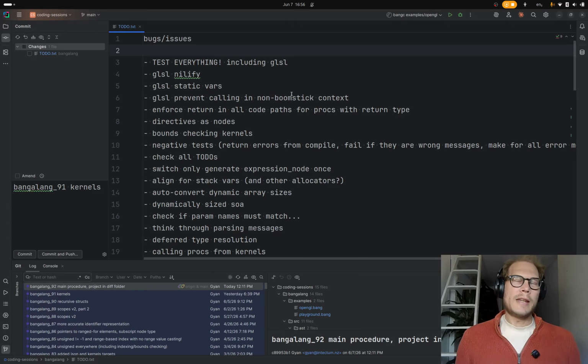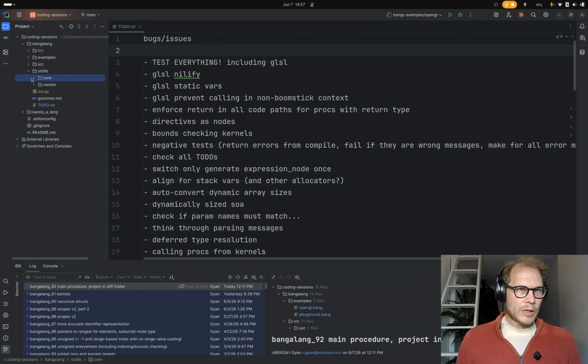So here my idea is that we will keep track of whether we've seen a return or not. If we get to the end of the procedure and we have not seen a return, and that needs to be a return for all code paths, if we have not seen a return for all code paths, then we put an error and say you need to do a return. We can also do something about, like, if you do a return early and then there's code afterwards and it's not reachable. That could be nice.